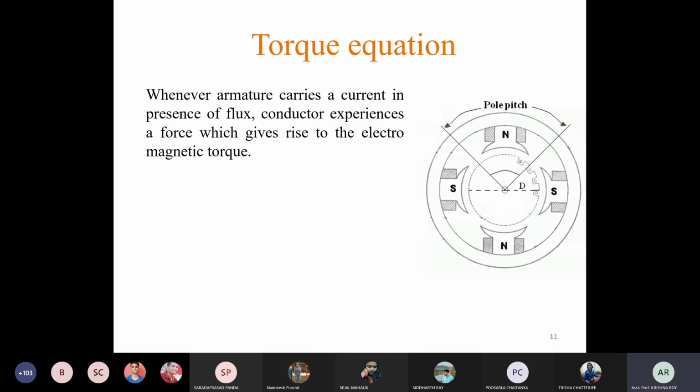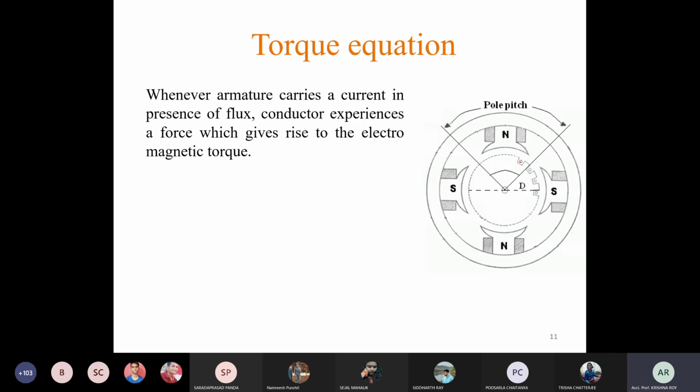So these current carrying conductors will experience some force, and that force will give rise to this electromagnetic torque, and due to that torque this rotor will start rotating. In case of generator we were giving mechanical input through this rotor. That means some prime mover is used to drive this rotor, but here as we are giving electrical